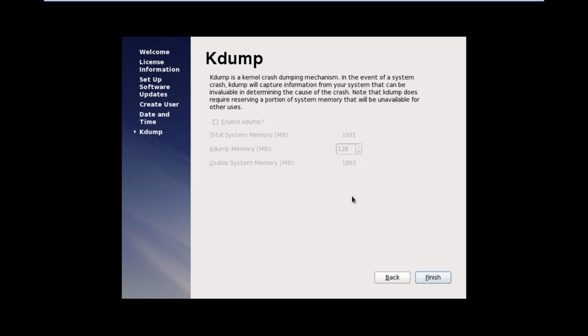So no problem, click on OK, click on finish. Now you are going to get the login screen.